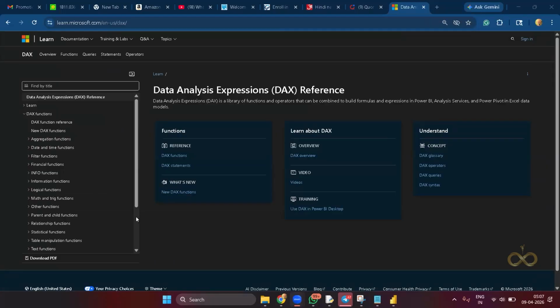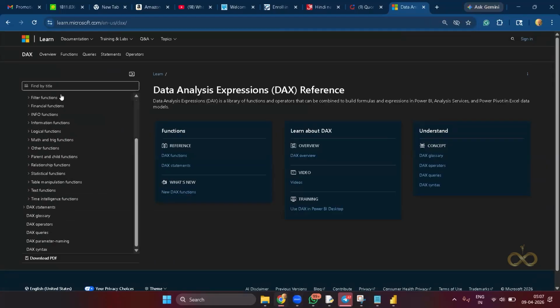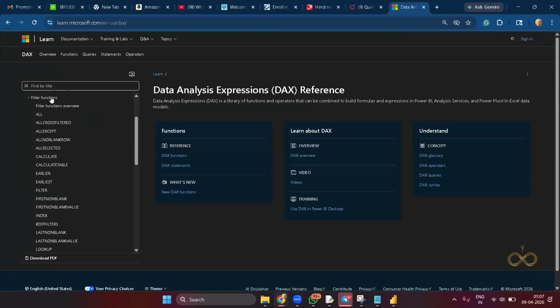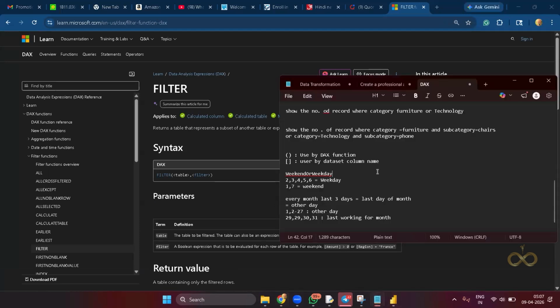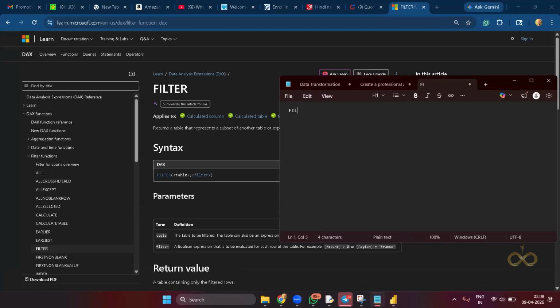Today I'm going to show you one more DAX function, which is called the filter function. Okay, my friend. So, what is the filter? Basically, filter is like the where clause that we can apply in our query. Clear everyone? So in a nutshell, the filter DAX function